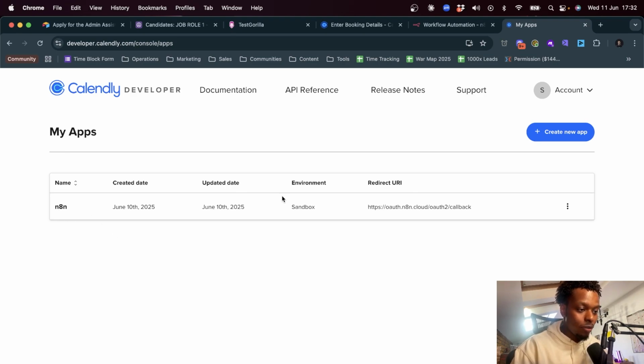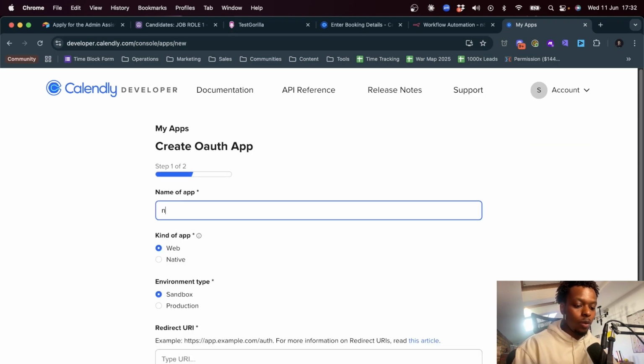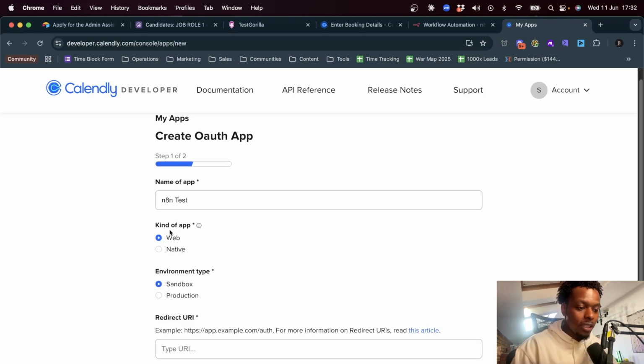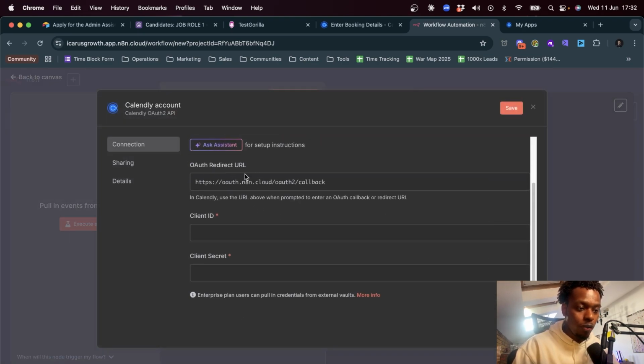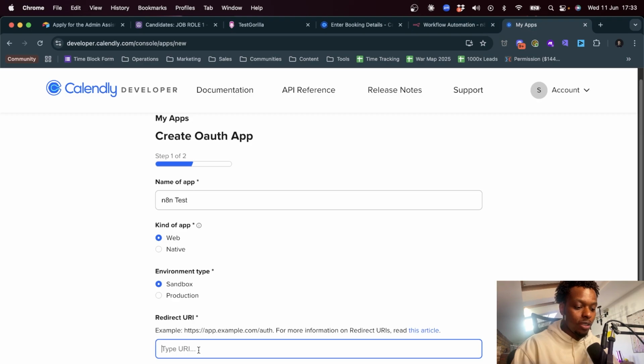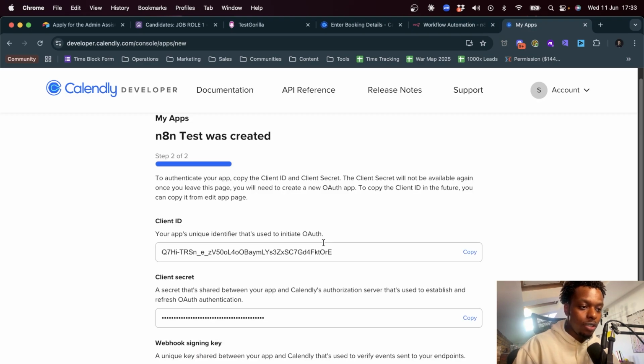Now this app here I've already created, but I'll create a new one and I'll call this one N8N Test. And for this, it's very, very simple, and they've basically given you everything you need. You just need to go in, put N8N Test, and then the kind of app is a web app, and the environment type is a sandbox. We don't need a production one. I don't think we'll ever need a production one if we're using this internally. And the redirect URI is provided to you by the credential settings here. So the OAuth redirect URL is this here. So if we just type this in and then paste it and then click save and continue,